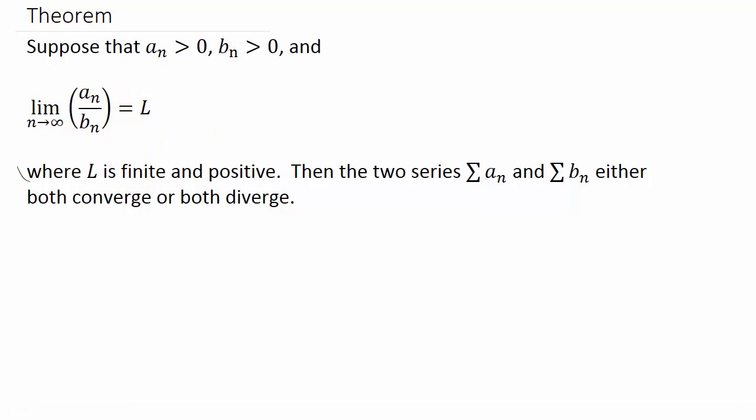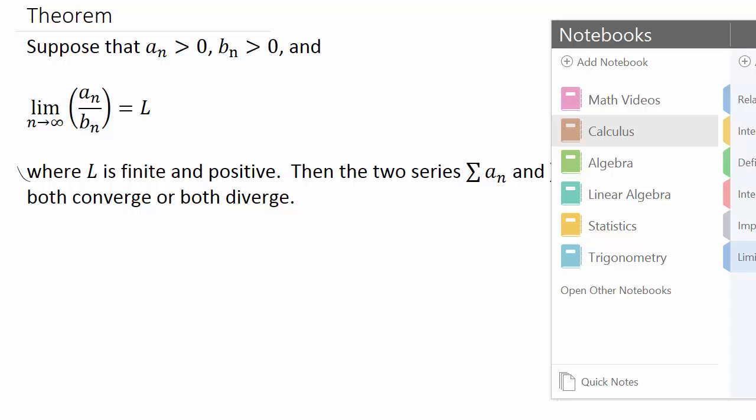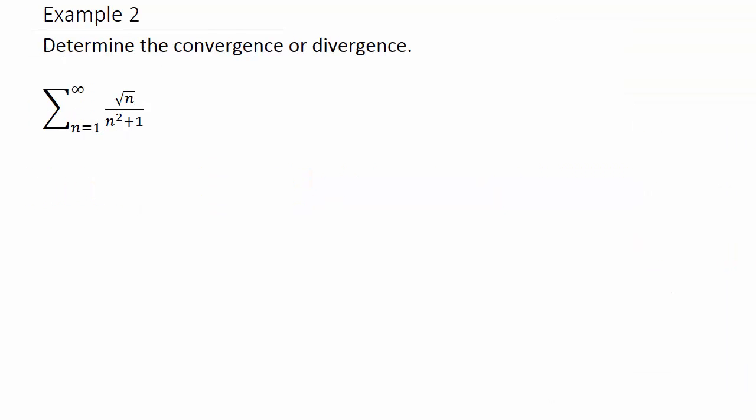All right, so let's take a look at an example. We've got the square root of n over n squared plus 1. Now, the series that we want to choose, what you want to do is take the term with the largest exponent from the numerator and the term with the largest exponent in the denominator, and then disregard everything else. So we're going to compare